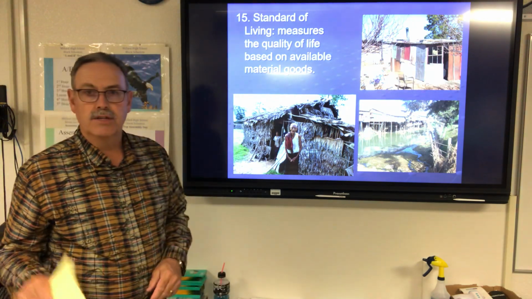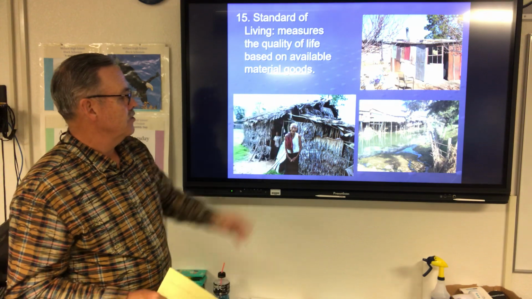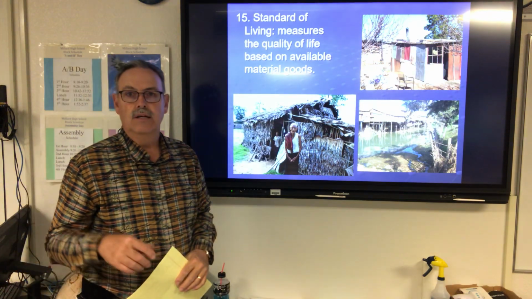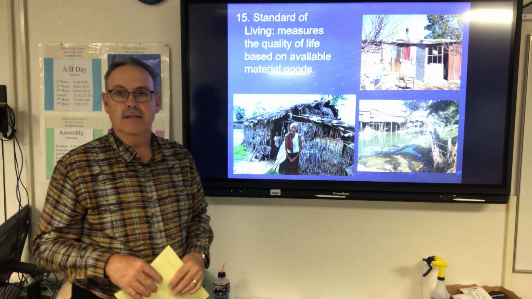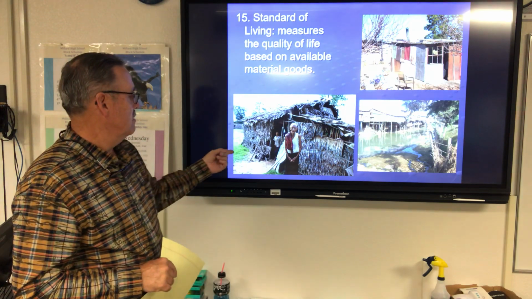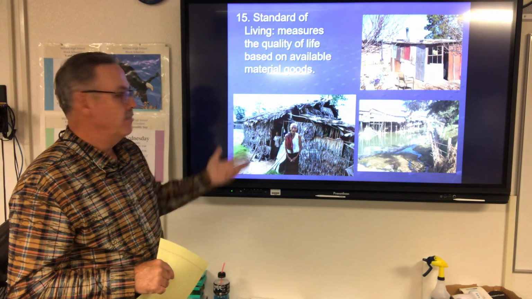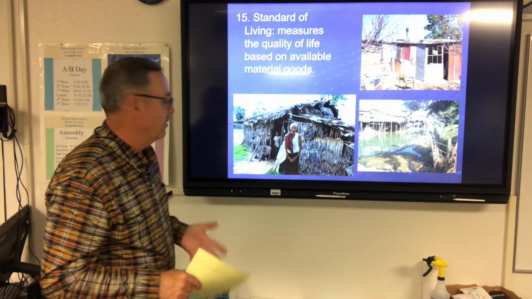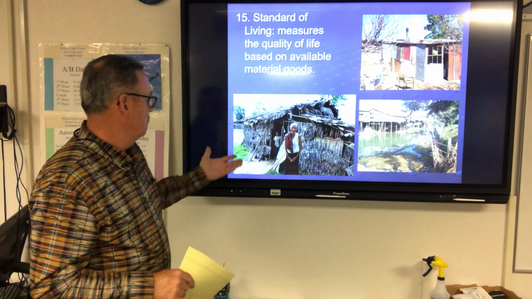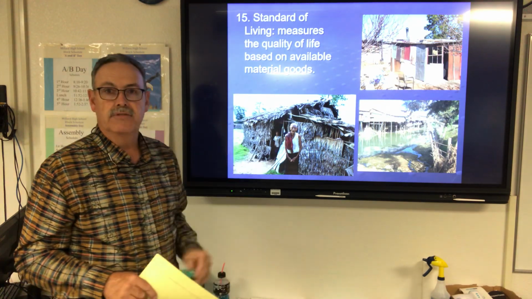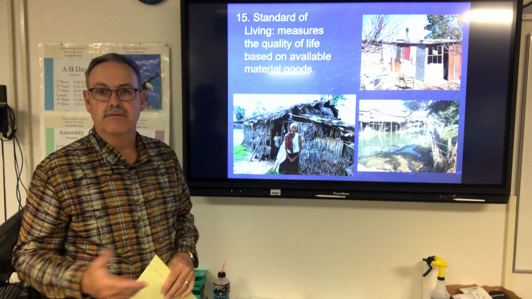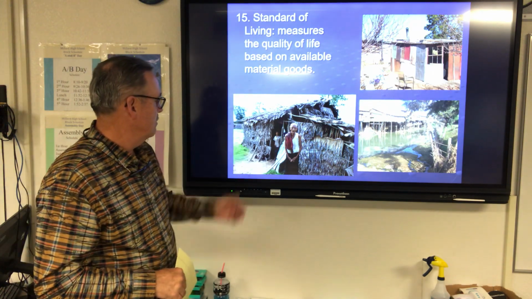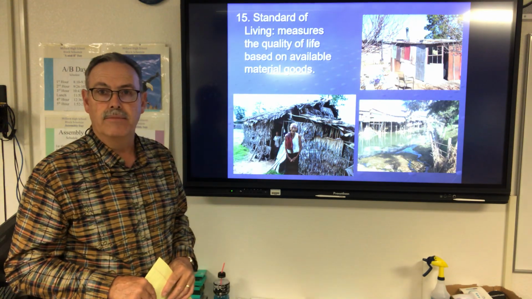But something also to consider, if you look at these pictures relative to our society and what we have, these pictures might seem like, well, these people are very poor, but what if this person lives very well? So it's relative. That might be a common, typical house for them in that area.